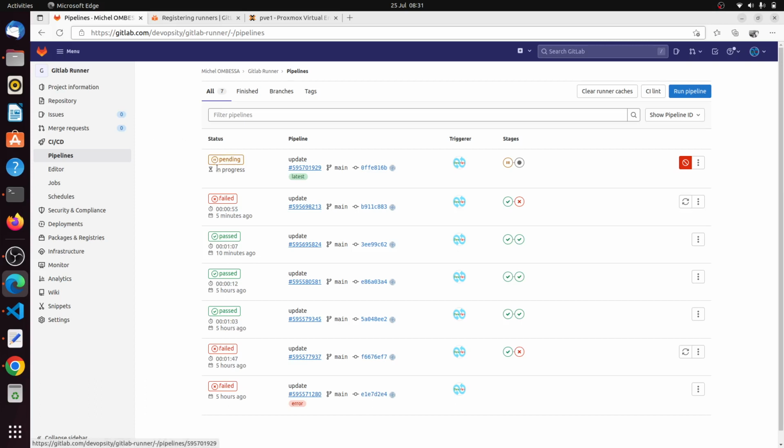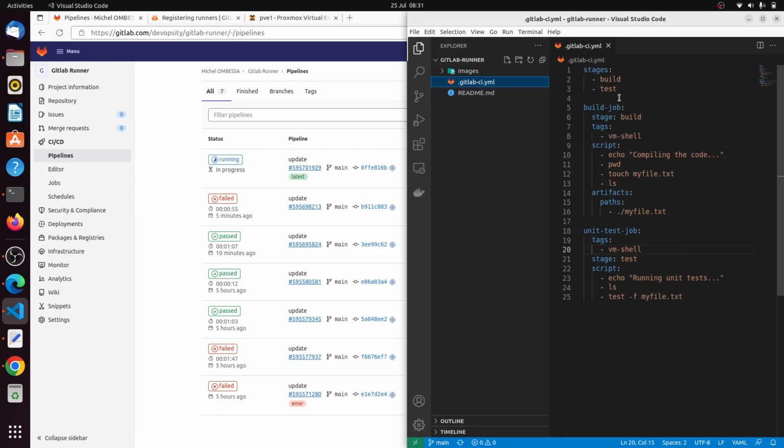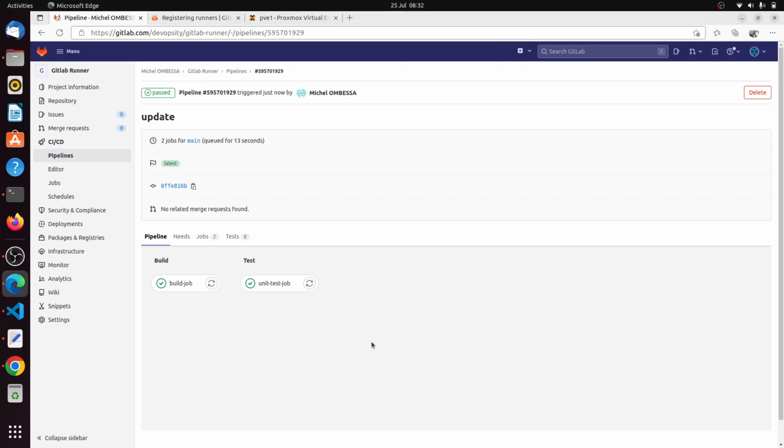Okay, it's pending because we have two runners, and it will check which one to use based on the tag. Okay, now it's running. Two runners with the same name, Proxmox runner, and a different tag. So it has to figure out which one, and with the tag, it found out. All right, so the pipeline is done and has passed